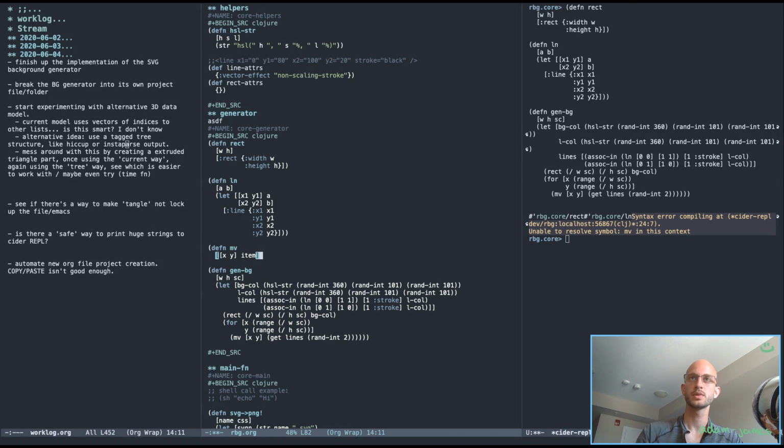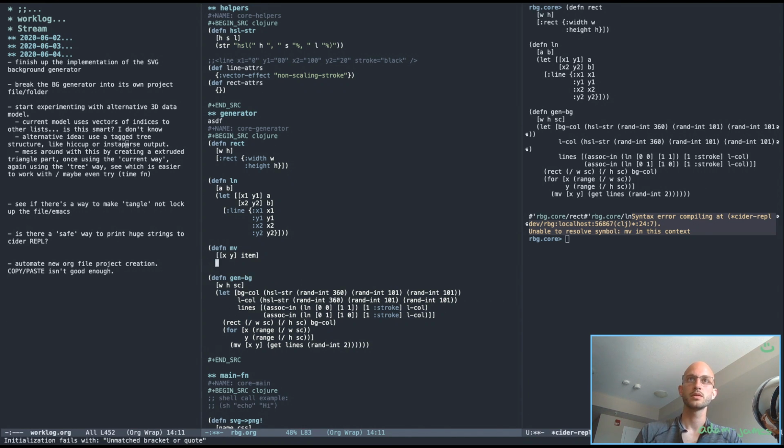Item, sure. And then to move it, actually, since this is just a really specific example, I can actually associate in,